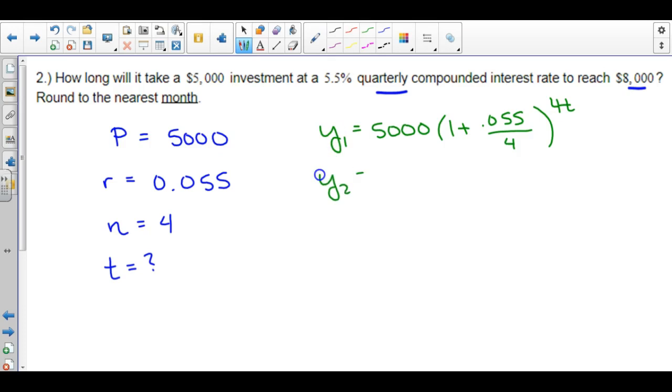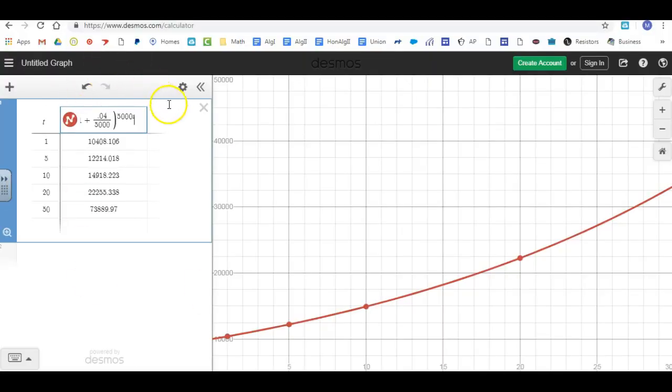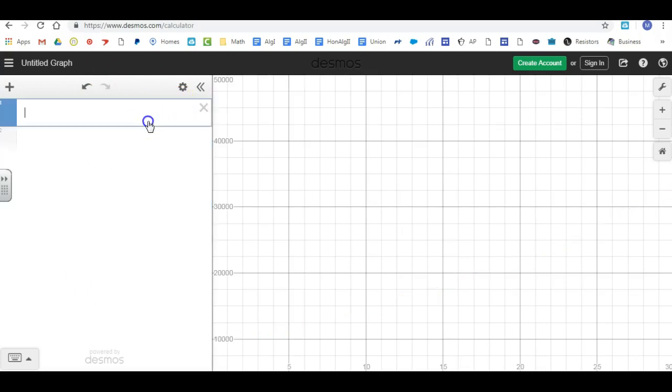What I'm going to do is take 8,000, and we're going to substitute that in for our second equation. So these two equations are what I'm going to put into Desmos, and we're going to just look for an intersection of them. So I'm going to bounce back to this, click the little x, and we're going to type